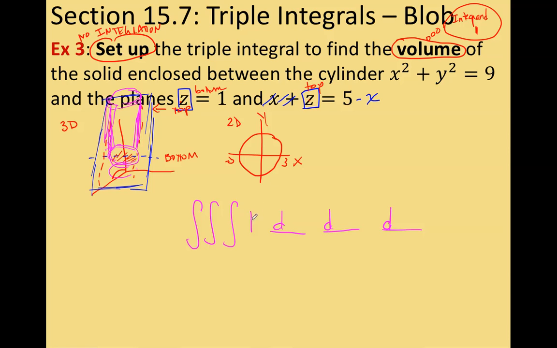Since I had the top minus bottom, and they were Z equations, I'm going to do this. Check my 3D. Now go to your 2D. What strips should I draw through 2D? Should I draw vertical strips or should I draw horizontal strips? And I think you can see that vertical strips would be pretty good, which means